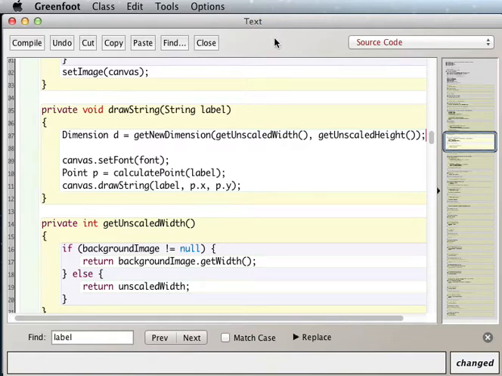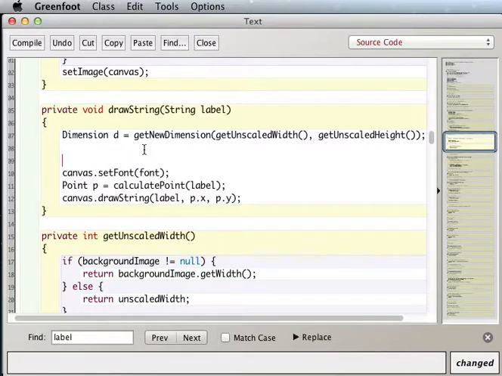Okay, we are in drawString and figuring out how to resize the background if we need to. So we did our calculations for the new dimensions. So let's see how we actually change the canvas if we need to. So let's say if